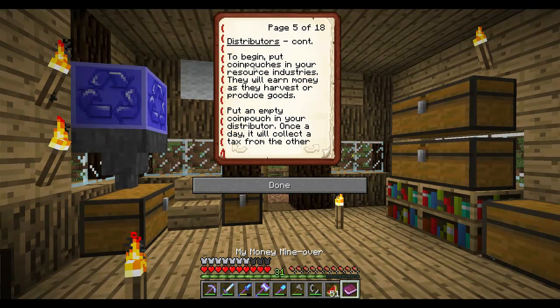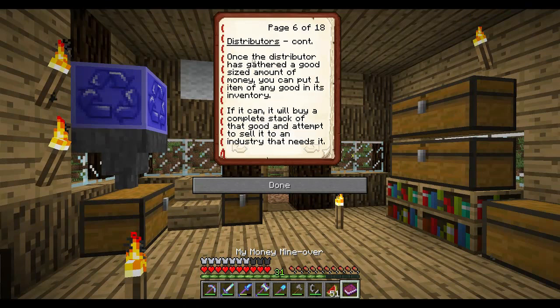To begin, put coin pouches in your resource industries. They will earn money as they harvest or produce goods. Put an empty coin pouch in your distributor. Once a day, it will collect a tax from the other distributors. Once the distributor has gathered a good-sized amount of money, you can put one item of any good in its